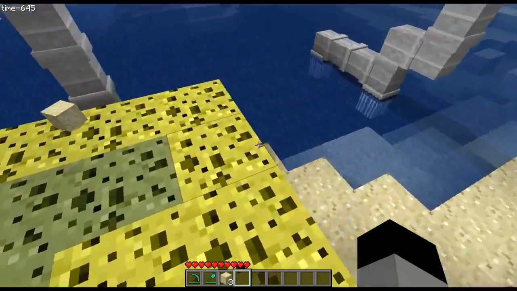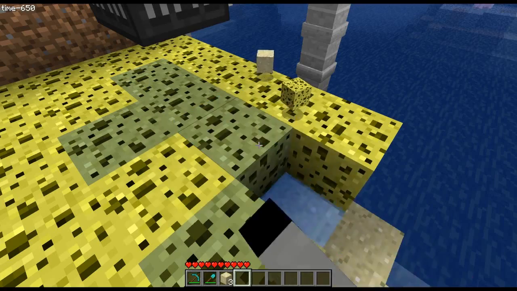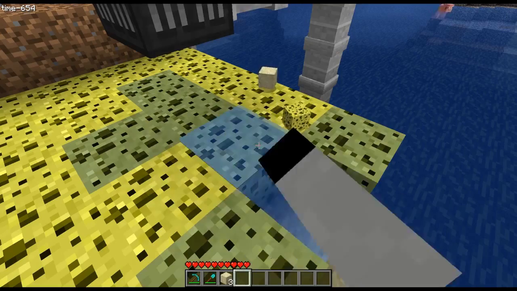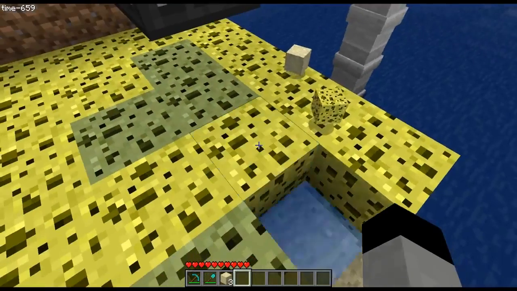It's obviously more useful if it's on an edge. That way you can actually see the water coming out of it, and it'll flow back into the ocean. So yeah, that's sponges. They actually serve a purpose now. They hold water, and now that I've gotten rid of it all, well,